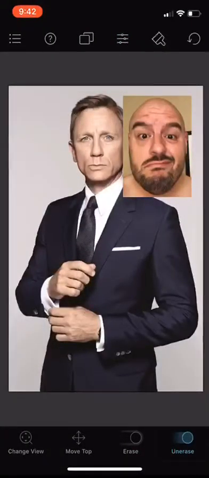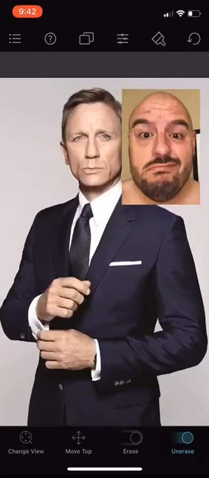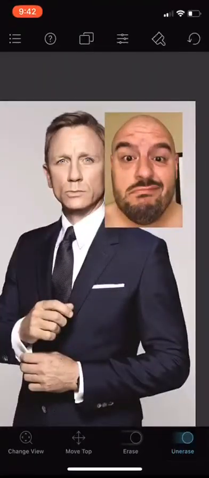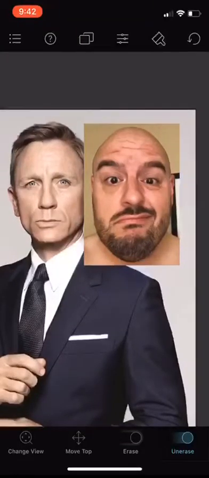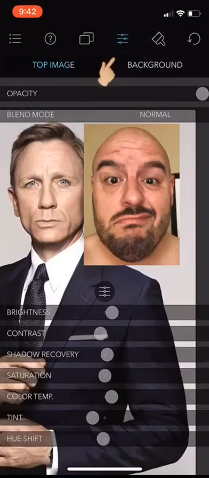And now it's time to replace the face. So you can do it a couple different ways. I'm going to zoom in. Now, anytime, if you have your unerase or erase button, you can always zoom in just by pinching, and that brings in both your layers together. So just like if you were to hit change view, but kind of like I did on the last one, I might start by going to my levels here